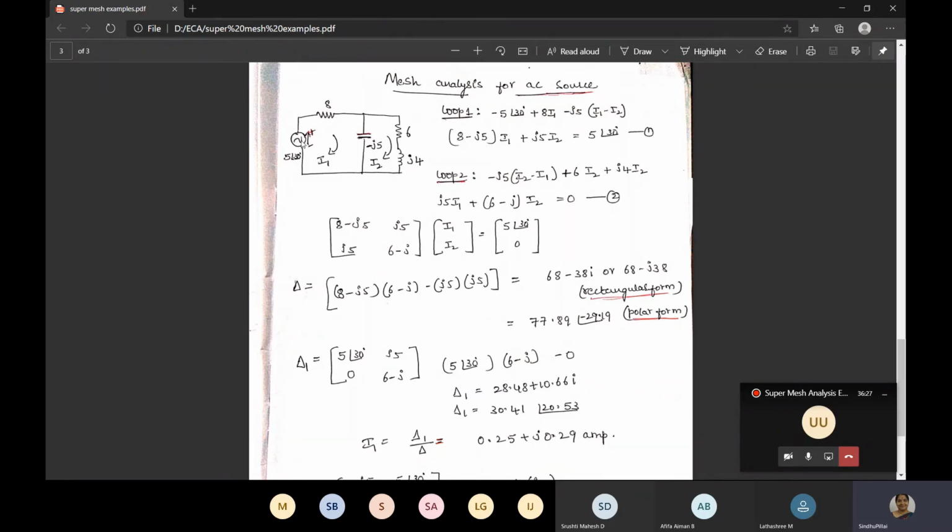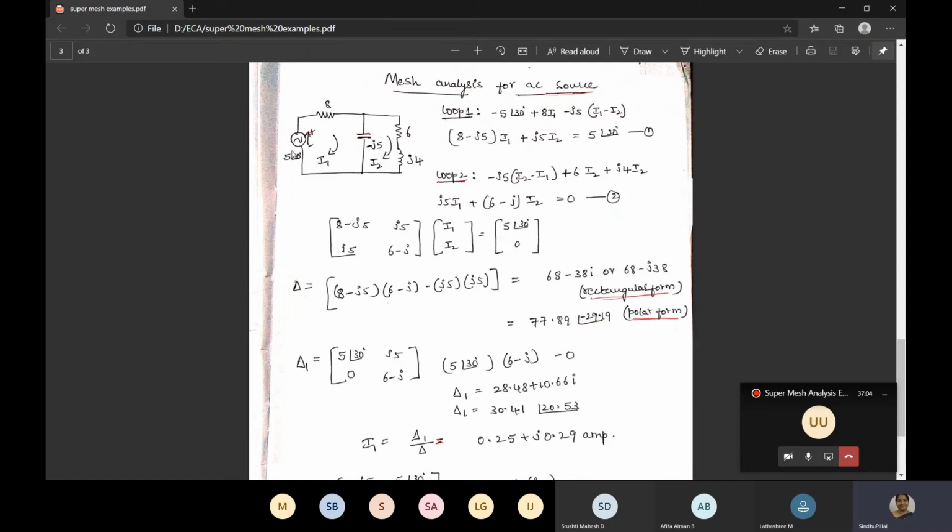We have a voltage source also, but it will be in terms of polar form. Okay, it will have some angles and also we'll write 5 at an angle 30. That is the voltage source here. 8 ohm is the resistor and we have a capacitor minus J5. Capacitor will always have minus J term and inductance will have plus J. Okay, and then we have a resistor 6 and we have plus J4 and minus J5, one capacitor and one inductor. We have two loops, so as usual assume current I1 and I2 and just write the loop equations as we had written for the DC source.